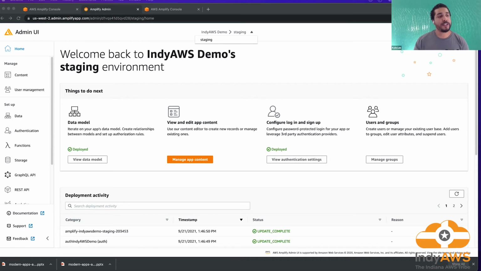Yeah. To get started, I would definitely recommend going through the admin UI, especially if you're coming from a background like me where you don't have a lot of experience directly touching DynamoDB or Cognito or whatever. But yes, as you progress, you're going to start working with the CLI a lot more, and then you'll have much more control over how you configure your backend, and if you want to set up different lambdas to communicate with and things like that.